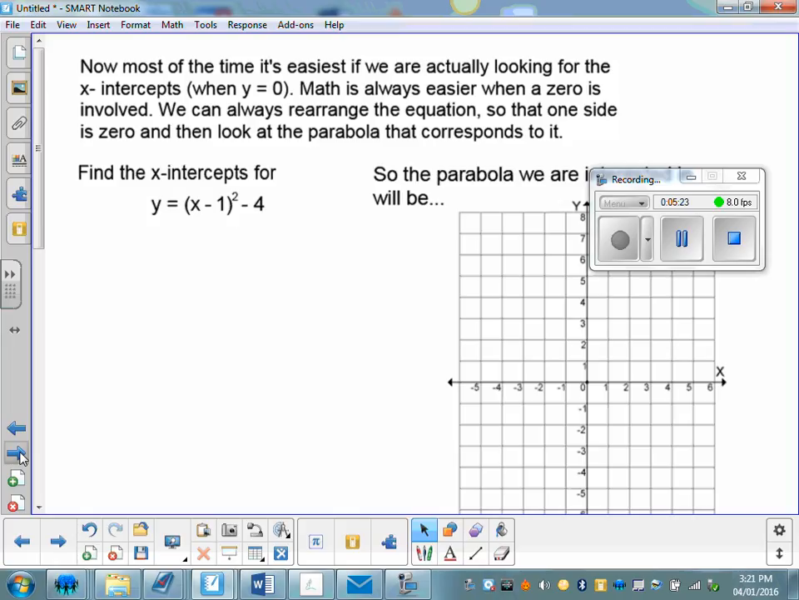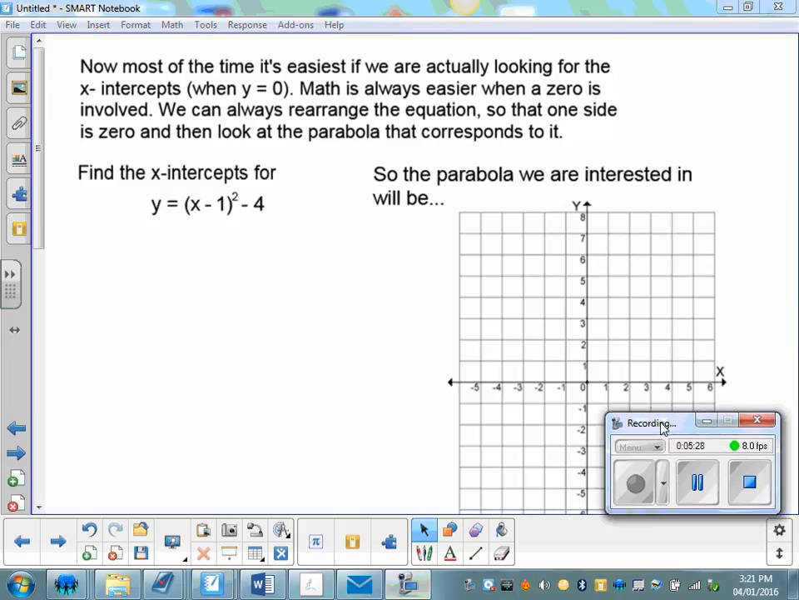Okay, so let's take a look at the next page here. Now, most of the time, it's easiest if we're actually looking for the x-intercepts when y equals 0. So math is always easier when a 0 is involved. We can always rearrange the equation so that one side is 0, and then look at the parabola that corresponds to it. So in this case,